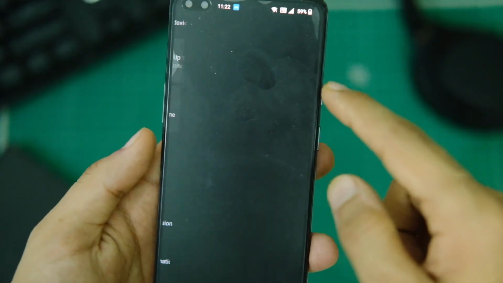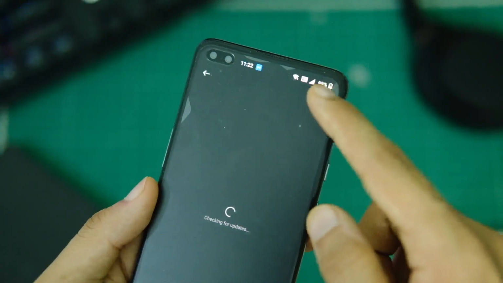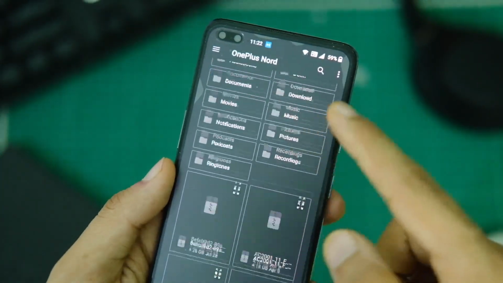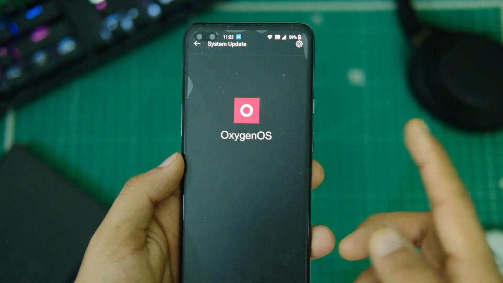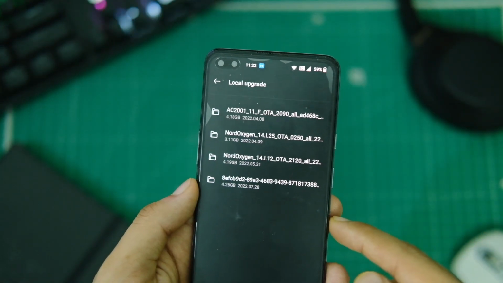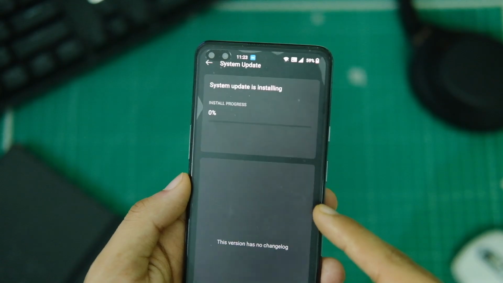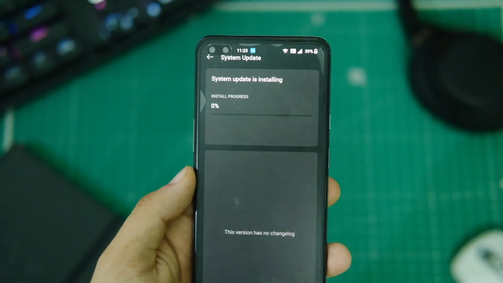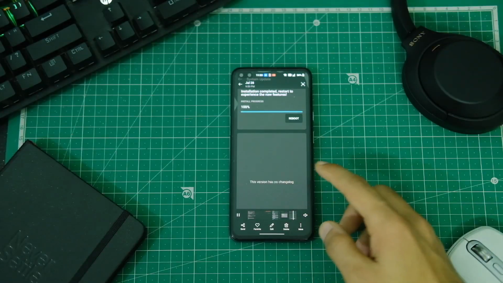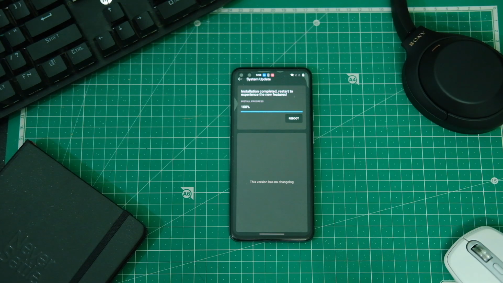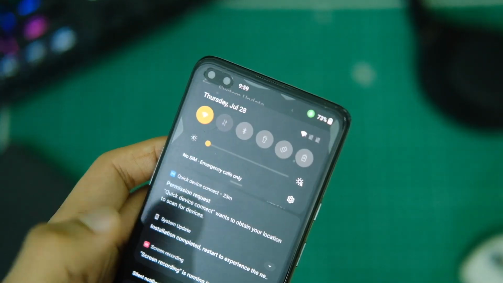After this, if you try to install it with the default system updates option and click on local install, then it will fail and give you an error. So just download and install this system update app that I have attached in the description area. Now open the application and as you know, tap on the gear icon on the top right corner and now choose the zip file we just downloaded. And this will start installing the update, as simple as that. So it will take some time to install, just give it a few minutes and reboot your device to finish the process. Alright, now your device is on OS 12 11.F.13 version, and it's time to have a look at